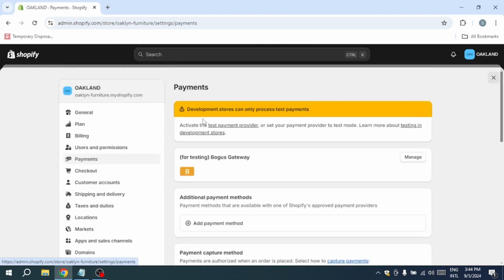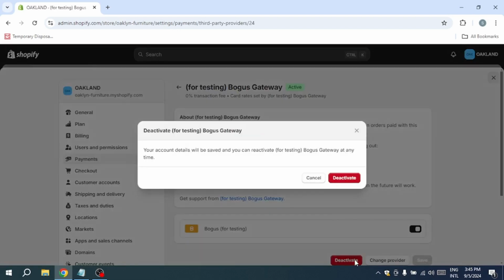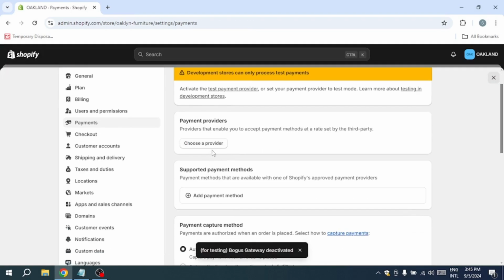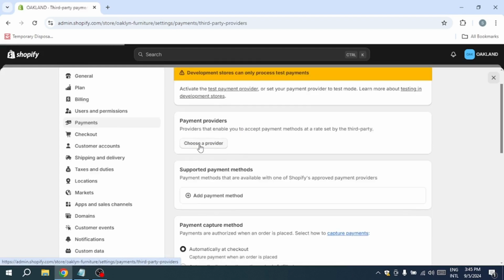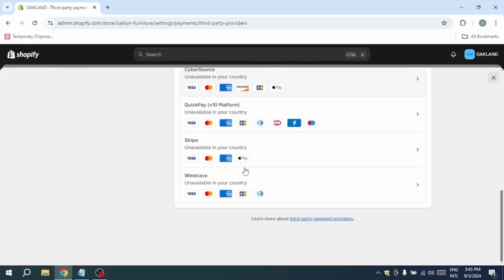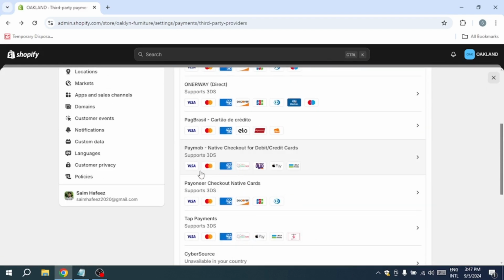For this tutorial, I've already set up a bogus gateway for testing purposes. This gateway is specifically designed to simulate transactions without processing real payments. It's an excellent tool for running test orders because it allows you to check if everything is functioning correctly without charging actual credit cards. Of course, when your store is live, you'll need to set up a proper payment gateway,